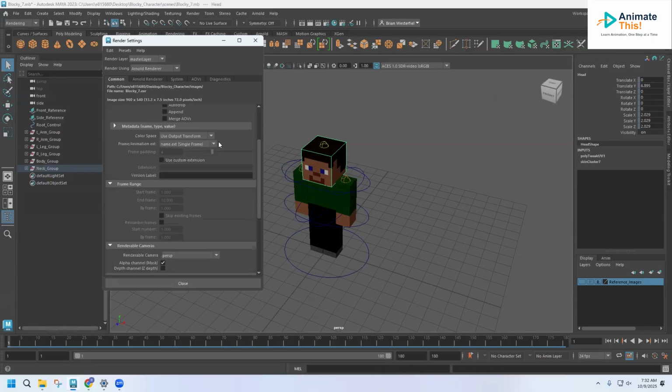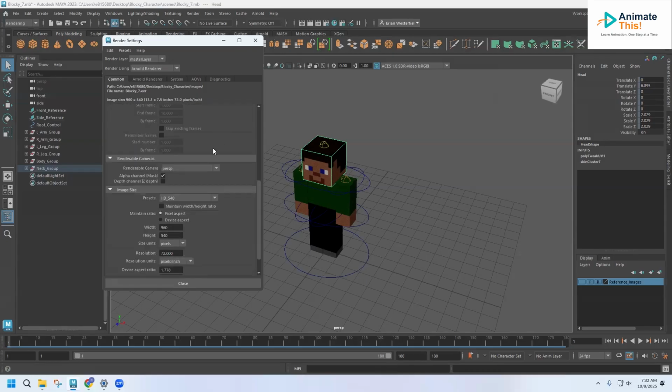But I do want to go down here to image size, and I'm going to change it from preset 540 to full 1280. So I'm going to go ahead and set that up. So you'll see it sets it to 1024 by 1280. You can come in here and choose a preset, or you can create a custom size depending on what you are trying to set your image size to render out as. So I'm just going to go with the full 1280, and I'm going to close this for a minute,